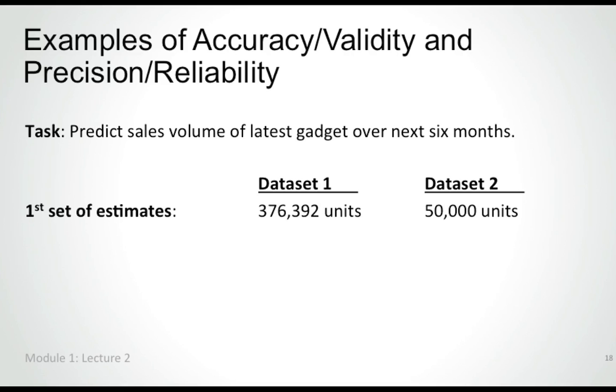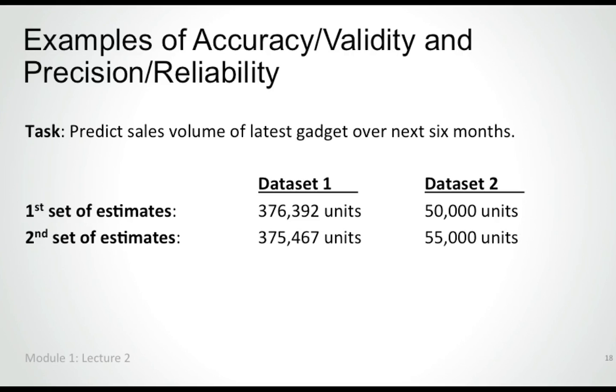You use your model with the first data set and get an estimate of 376,392 units. Using that same model on the second set of information gives you an estimate of 50,000 units. You then tweak the model a bit and do a second round of estimations. The second set of estimates gives you, on the first data set, an estimate of 375,467 units, and using the second set of data you get an estimate of 55,000 units. Actual sales end up being